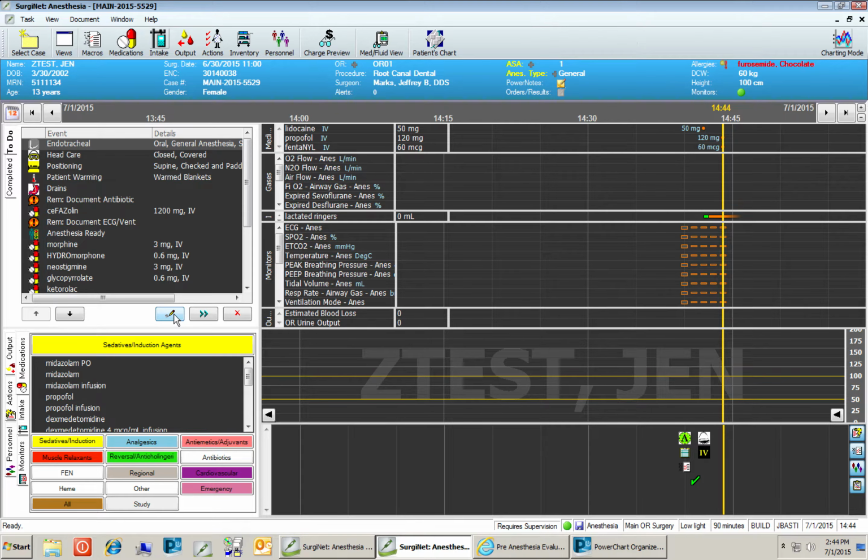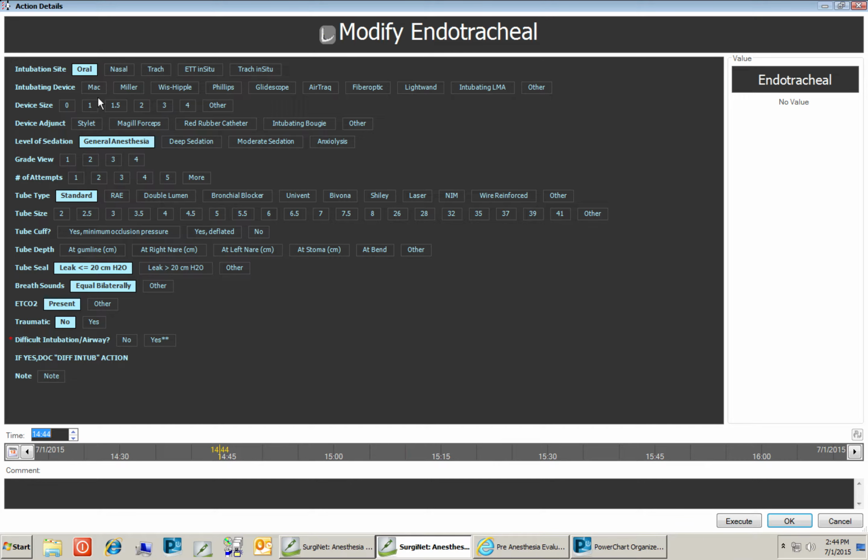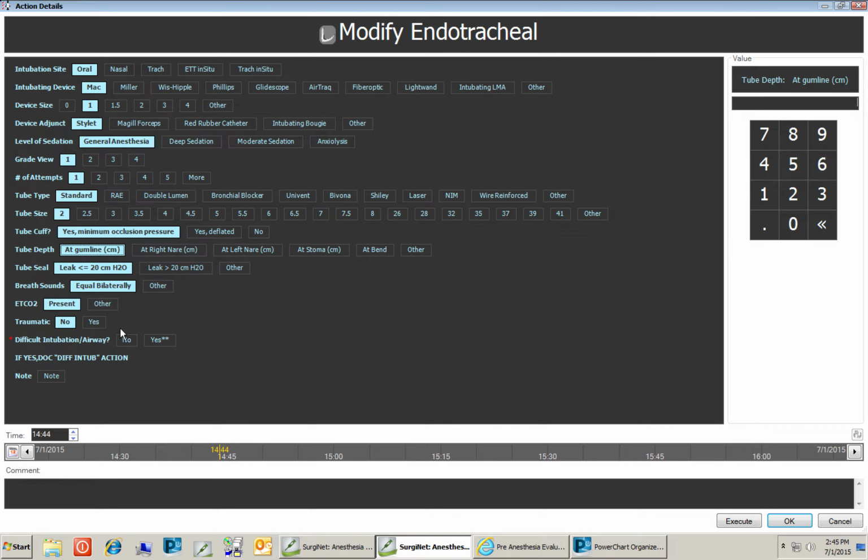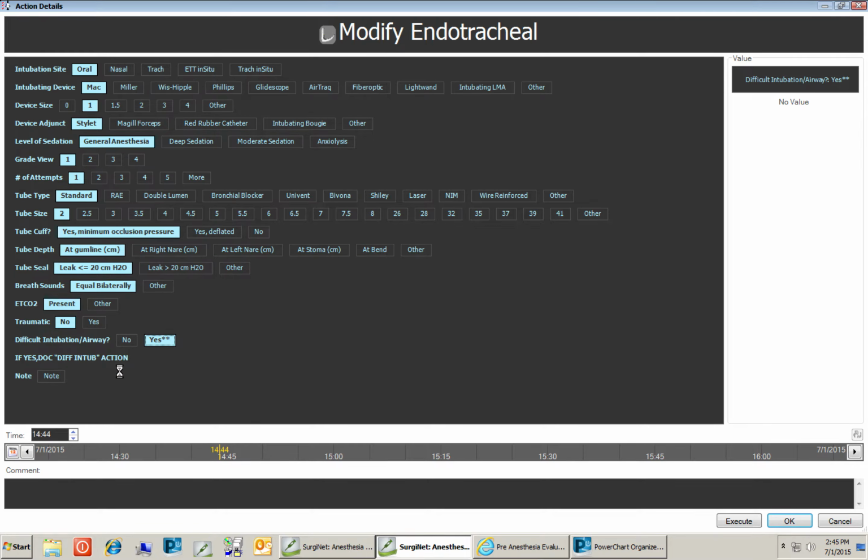Next up is the endotracheal intubation action, and again, it's self-explanatory. I won't go through each element of it, but I will come down here to this line right here. We want to know in every single intubation, was it difficult or not? If you click yes, it asks you to fill out some difficult intubation documentation that's also contained within the application,